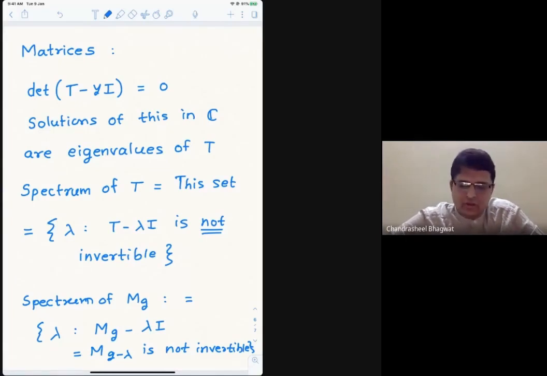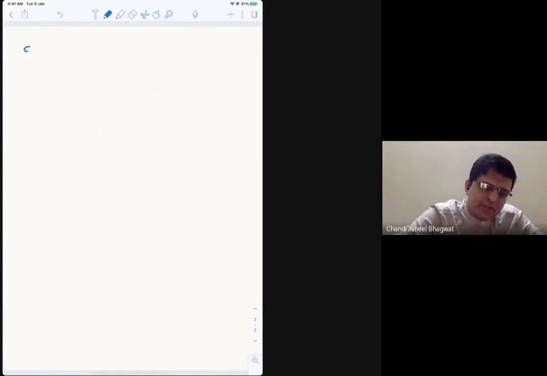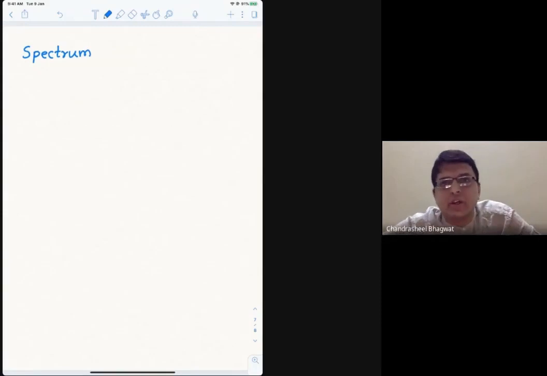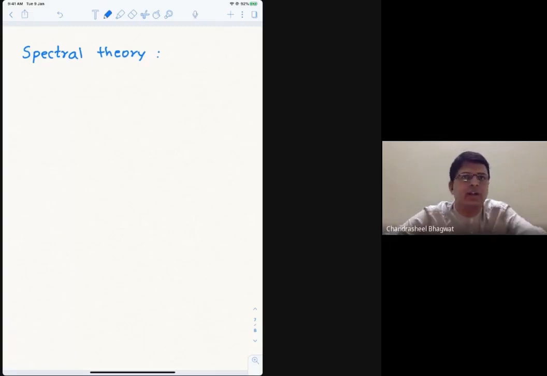All right. Now let me come to the main idea of spectral theory, which is in some sense going to resemble light dispersion and a sound wave being a superposition of various smaller waves and so on. All that will be seen in this statement. So let me talk about one aim of spectral theory. What I'm going to say here is a statement about linear algebra and linear maps, but similar themes exist in other contexts, which we will come to in the later half of this talk.